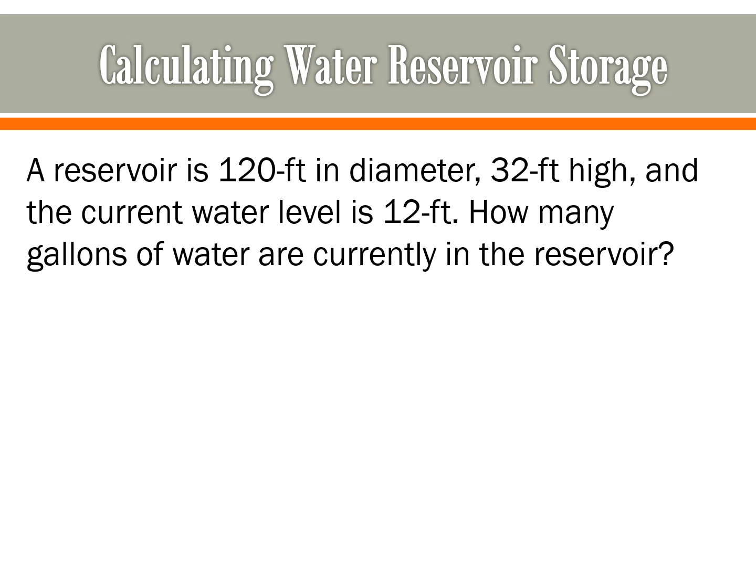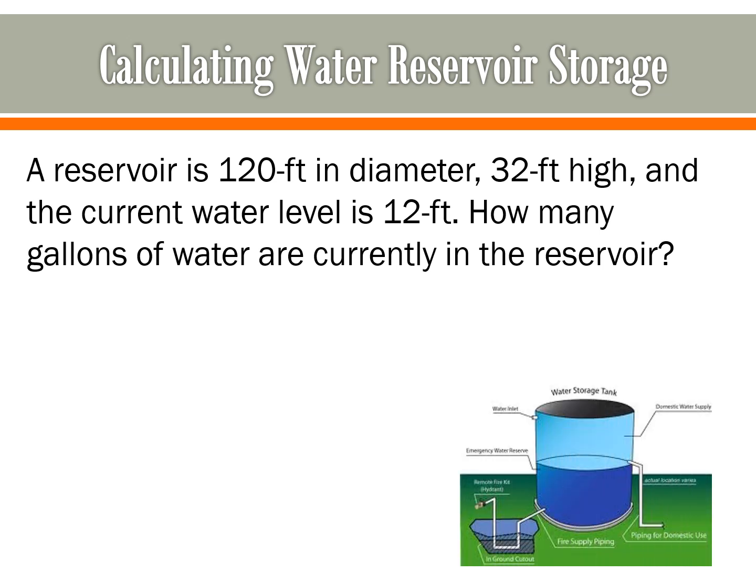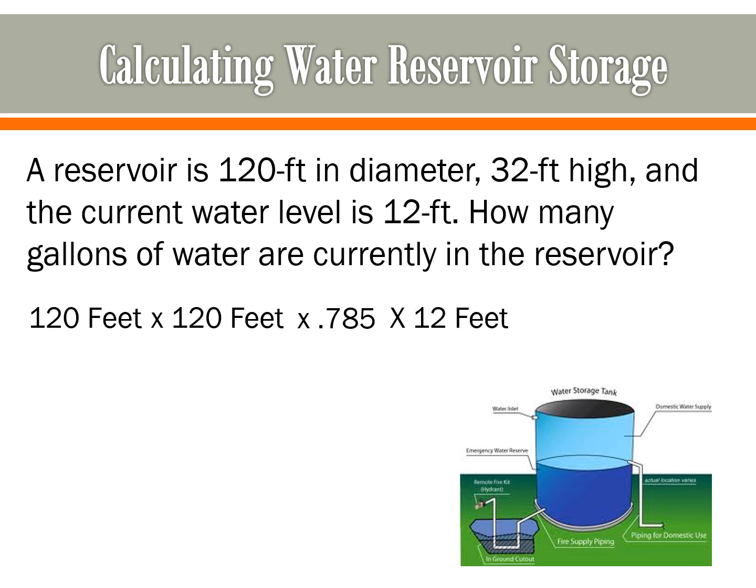A reservoir is 120 feet in diameter, 32 feet high, and the current water level is 12 feet. How many gallons of water are currently in this reservoir? All right, to solve this problem, you have 120 feet in diameter, so we need to solve for that area. So 120 times 120 times 0.785 times 12 to get our volume, and we get